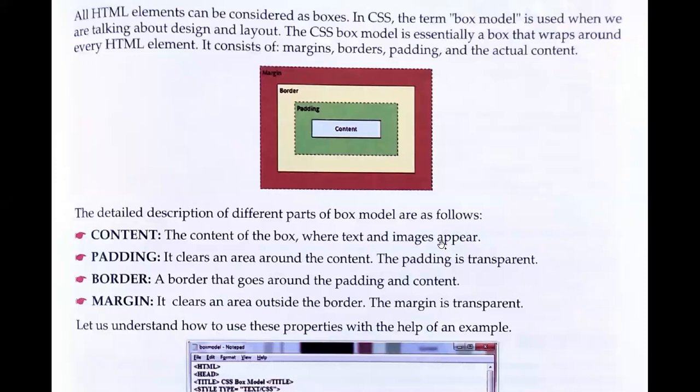If you want to give less spacing, we set a smaller value, and if you want to give more spacing, we use the padding only. The padding is transparent. Transparent means we will see only the spacing between them. It will not reflect as a real attribute.